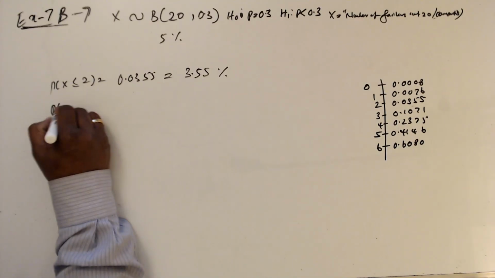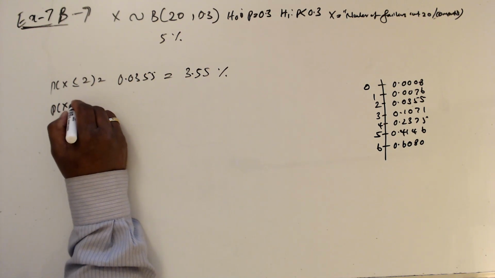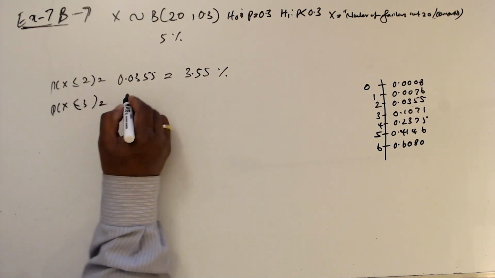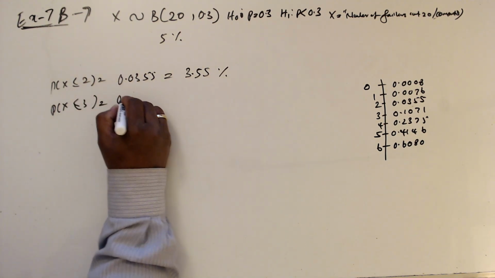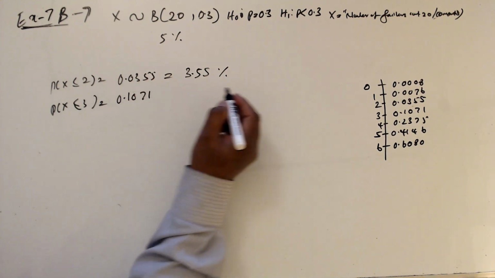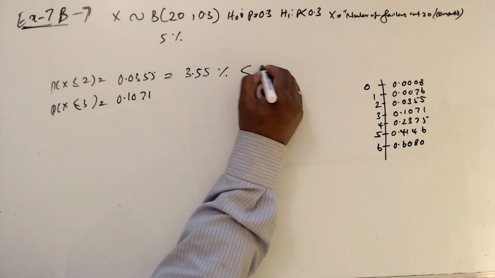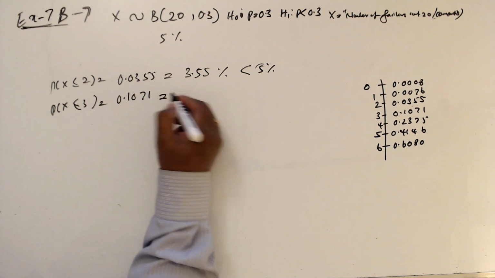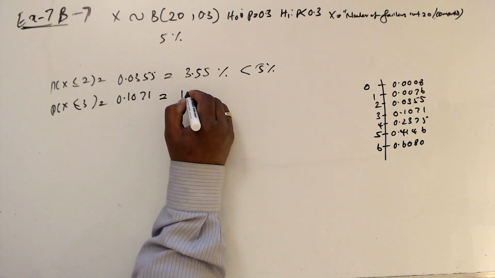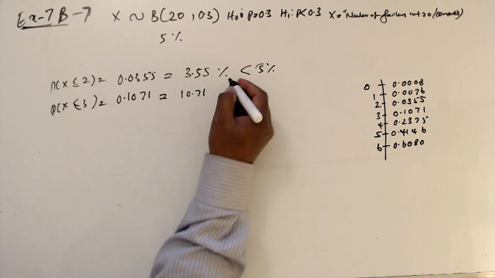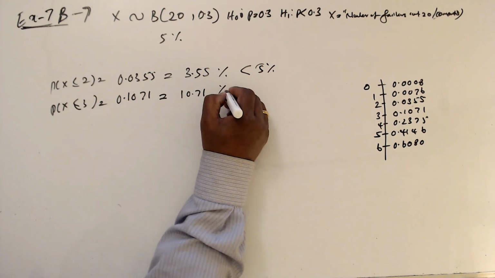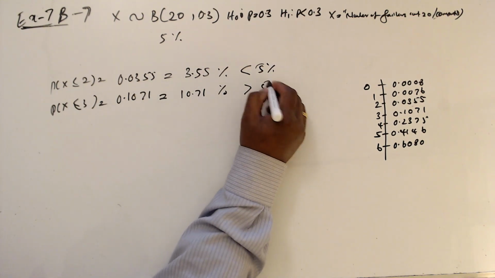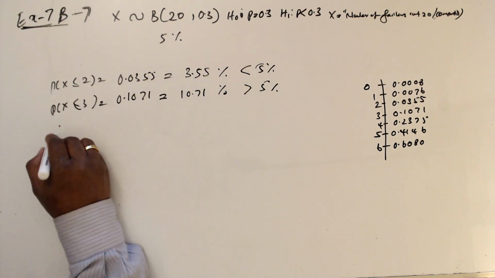The probability of X less than or equal to 3 is going to be 0.1071. So the first is less than 5%, and this is going to be 10.71 as a percentage, which is greater than 5%. Hence,